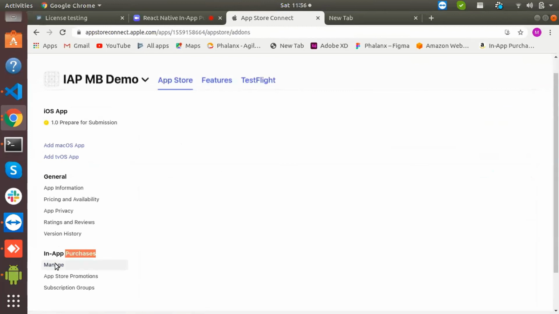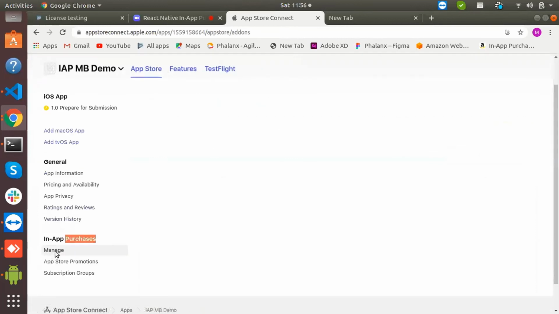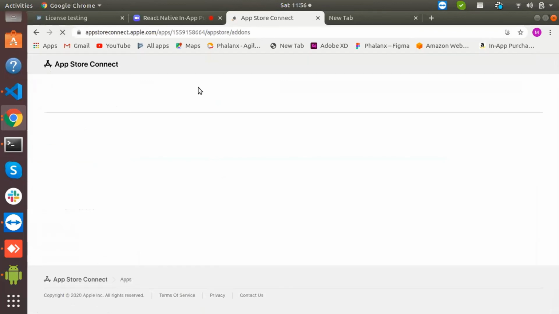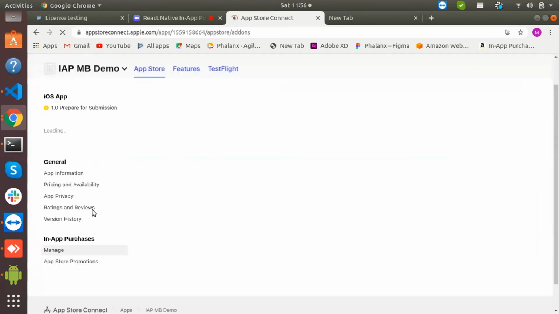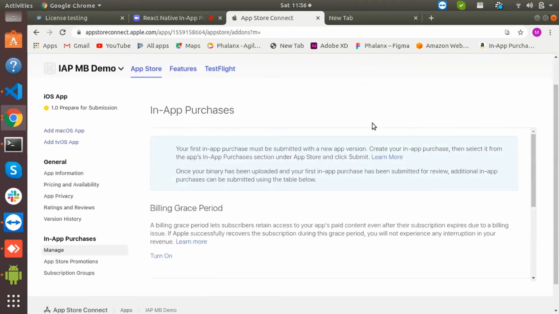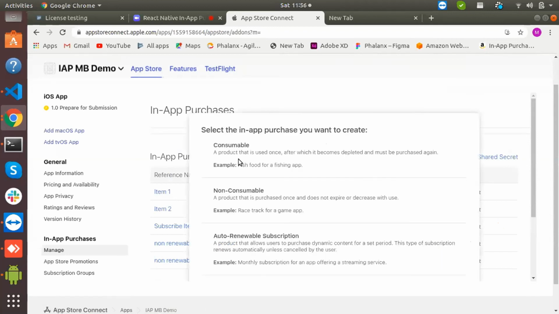We will first check where we can add the particular products. Here are the in-app purchases which I have already created. For creating a new one, we just need to add.